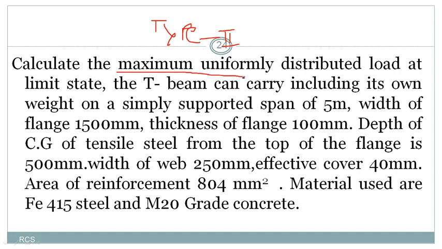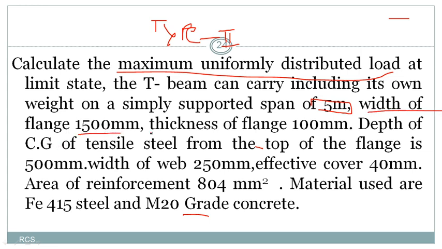So calculate the maximum uniformly distributed load. What do you have to calculate here? The maximum load we have to calculate. At limit state, the T-beam is carrying, including its own weight, on a simply supported span of 5 meters. So what is that? A simply supported beam of 5 meters. On that, what is the maximum uniformly distributed load it can bear, that load we have to calculate, right? And they have given the span length,